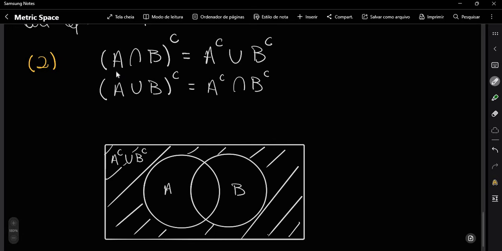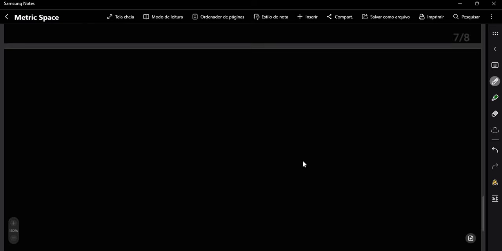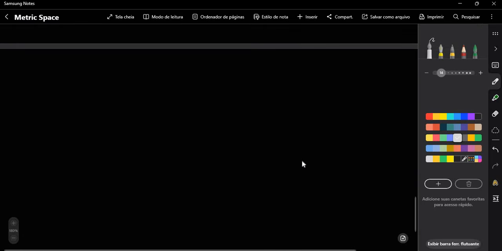So A to the C intersection with B to the C. And from this second identity, we can write the third one,